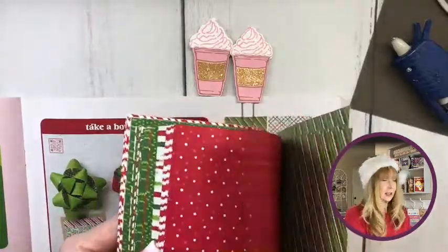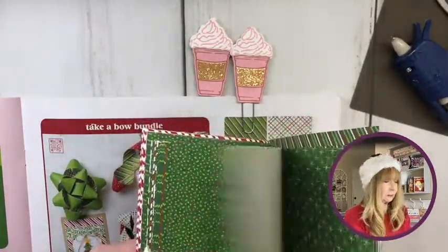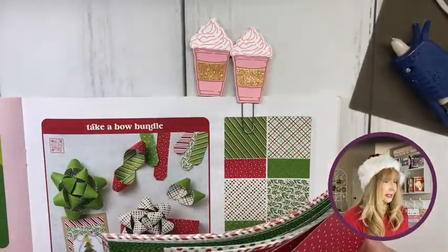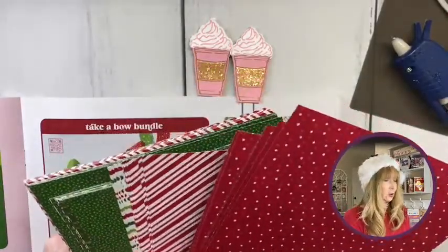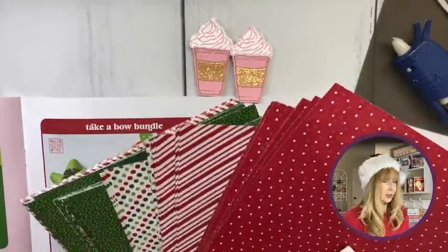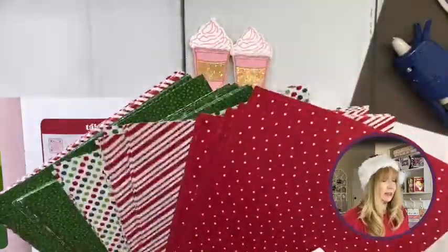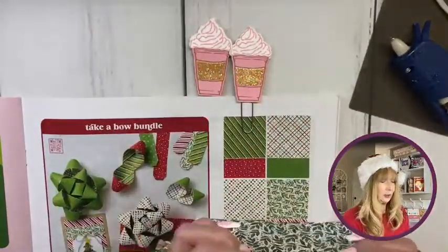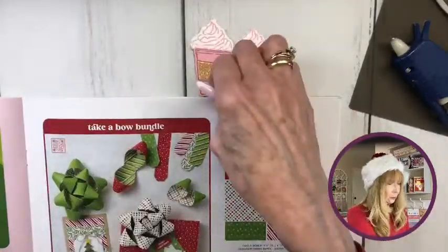And you guys, it is so pretty. It's in stock. I just checked before I came on. And you get something like, I think it's 4 different designs, and you get 8 sheets of each design. So you get lots of paper. It's of course, 2-sided, more green on the back, red on the front. These 2 are my favorites right here. I like those 2. But you get tons of paper, 48 sheets. So there's that. And then we're using